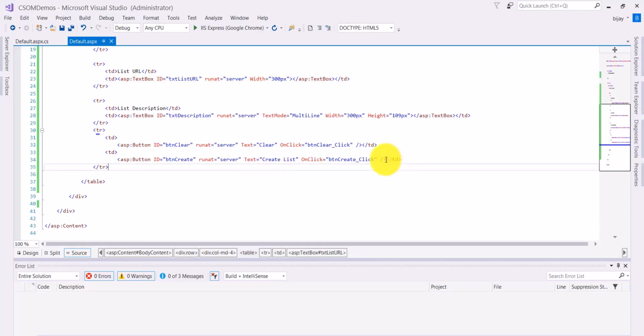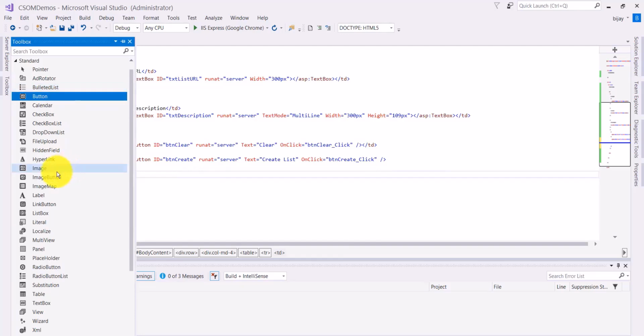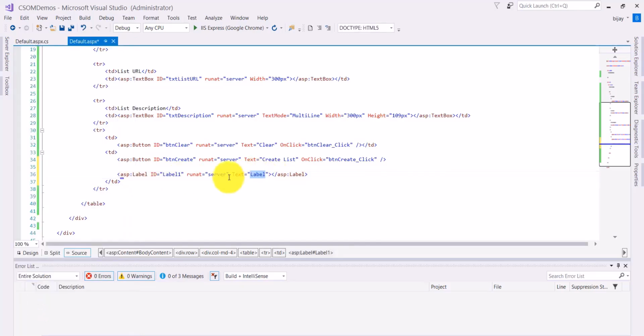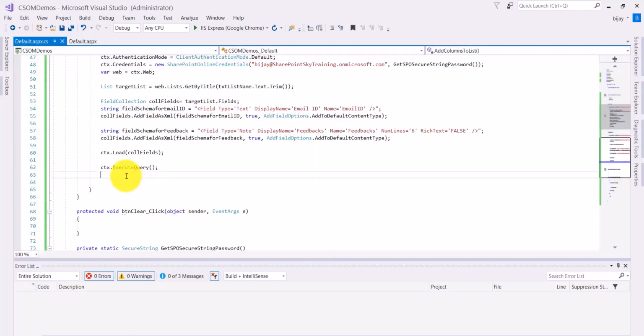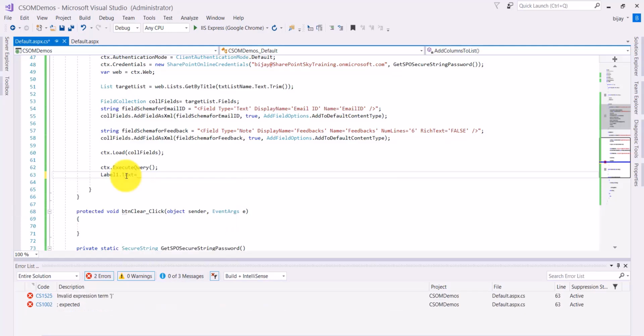So I'll just add a label here so that we can display the message in the label. So you can see here there is a label. I'll just remove the text, and I'll go here, I will say label 1 dot text equal to list created